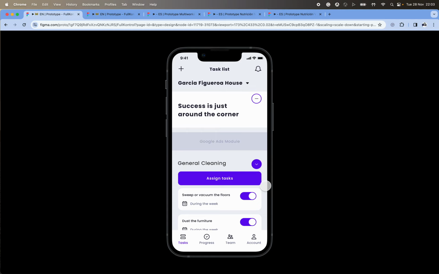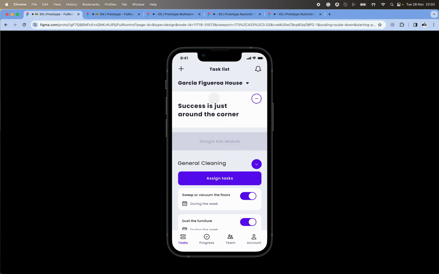And when each task is completed, you as a manager will get photographic evidence that the work was completed and with the quality that you expected. All right. So, having said that,